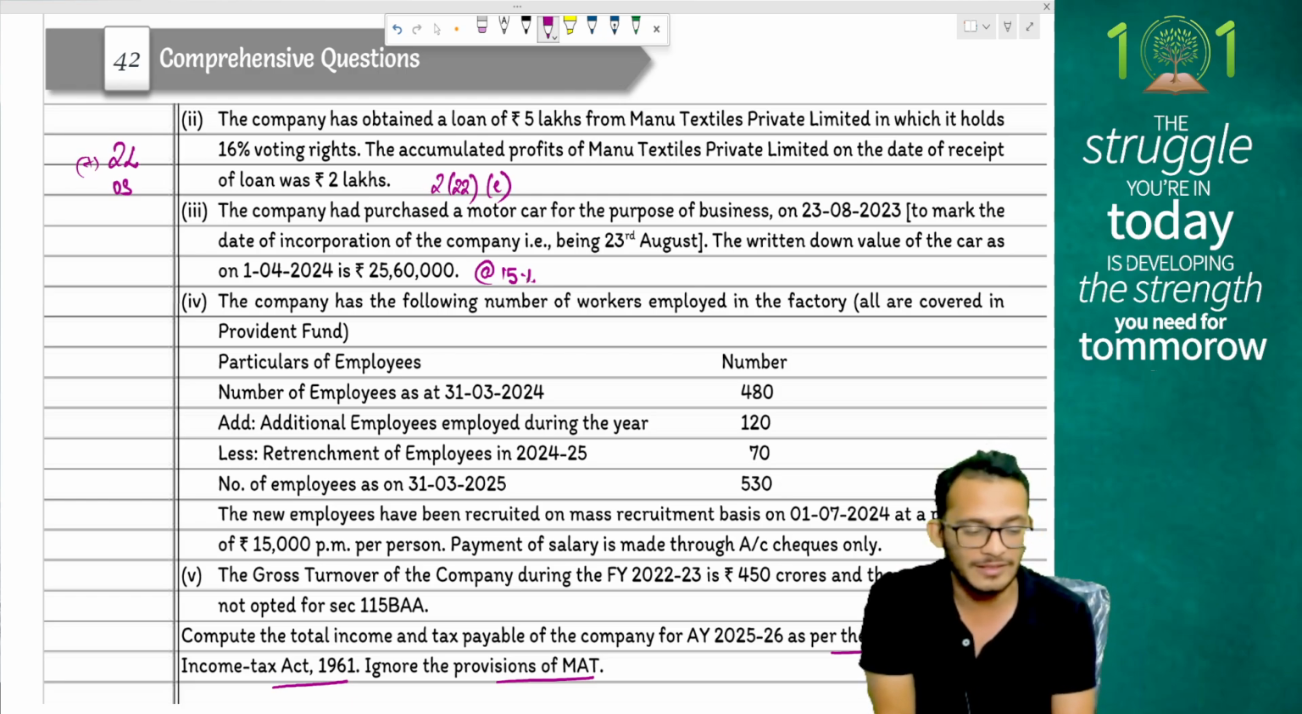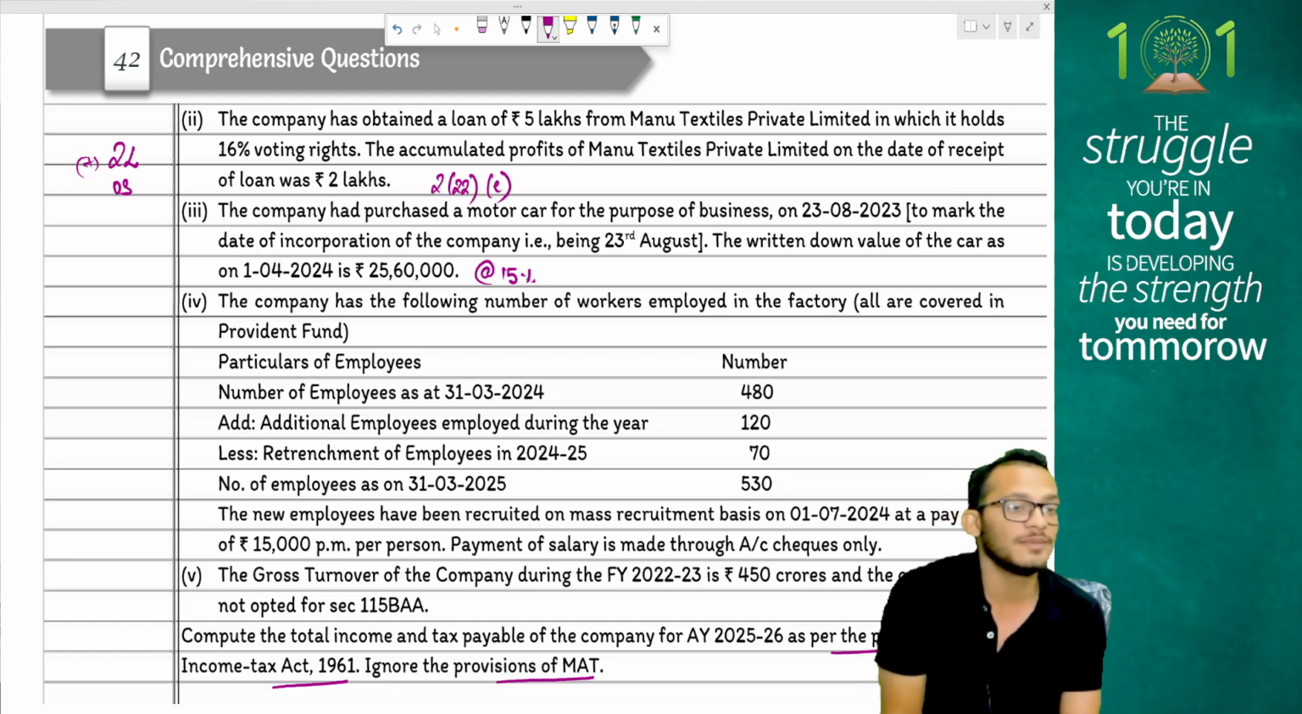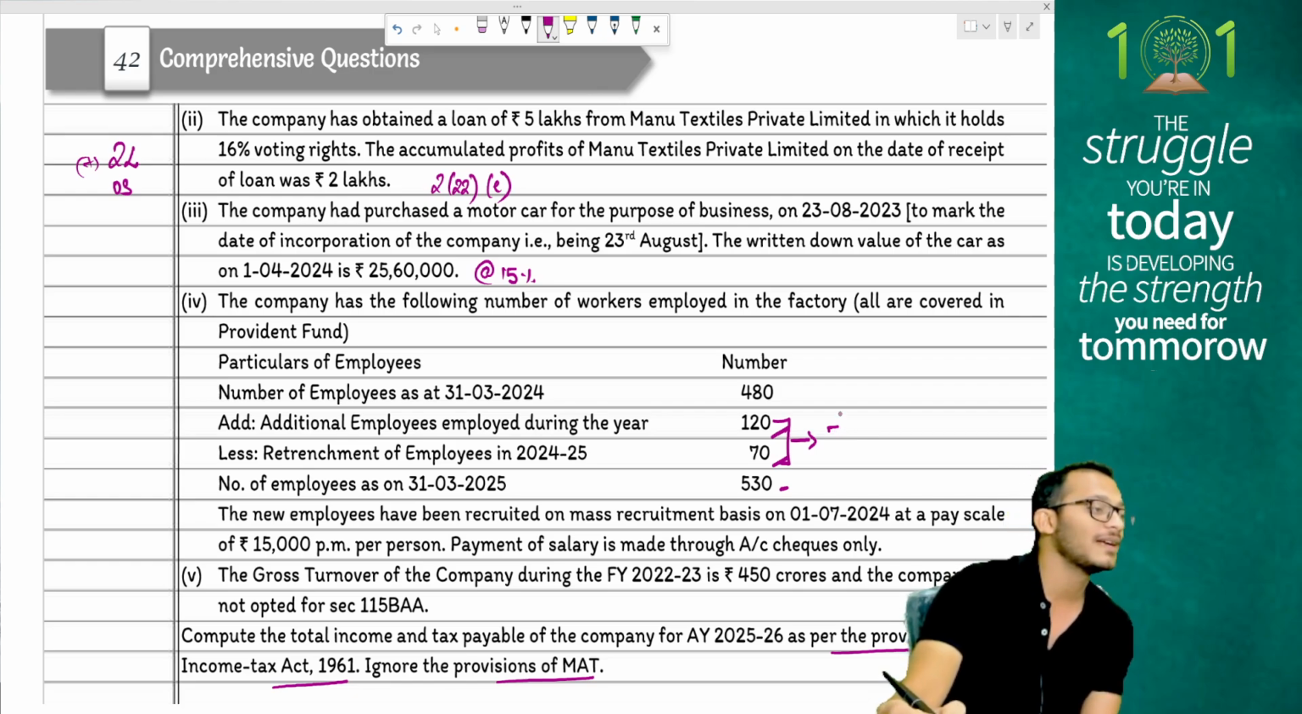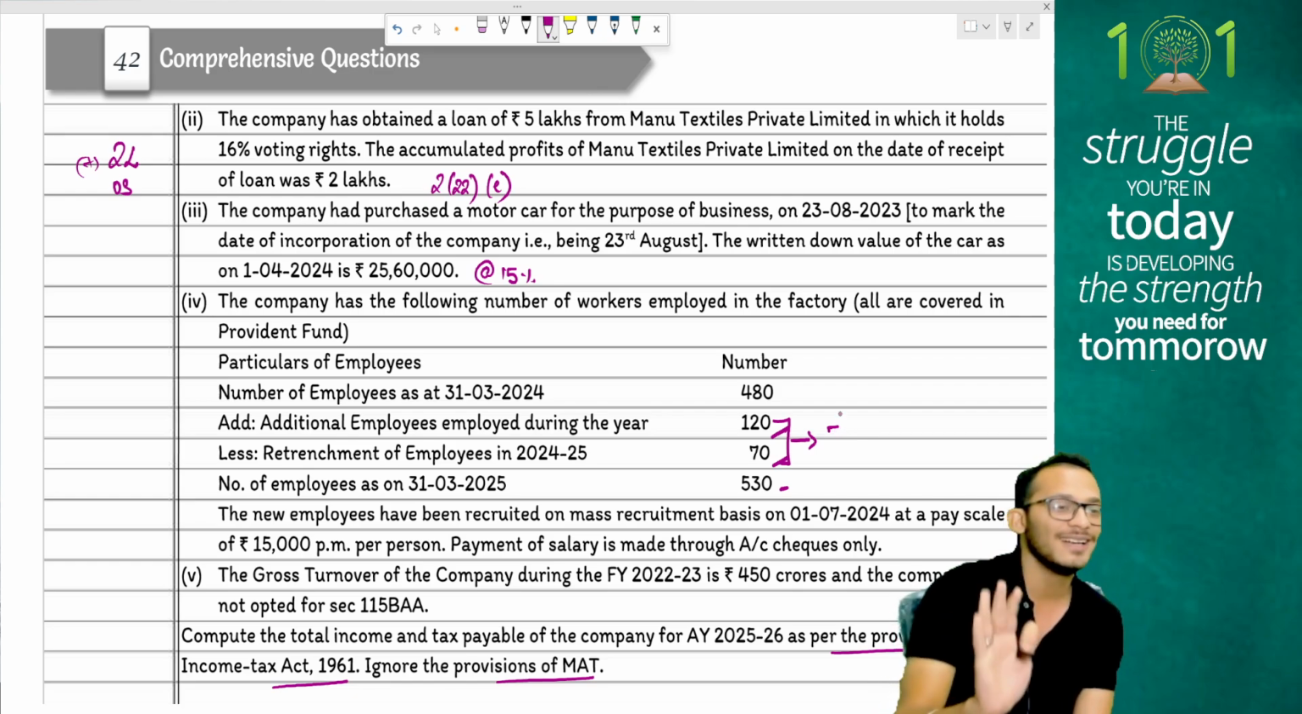Complicated question, people. Look at the question. It says number of employees on 31st March 2024 is 480. Additional employees employed during the year is 120. Employees who have left is 70, and therefore you have net employees of 530. People, my net increase is 50, but you are eligible for